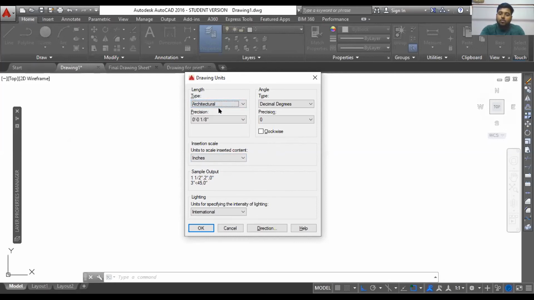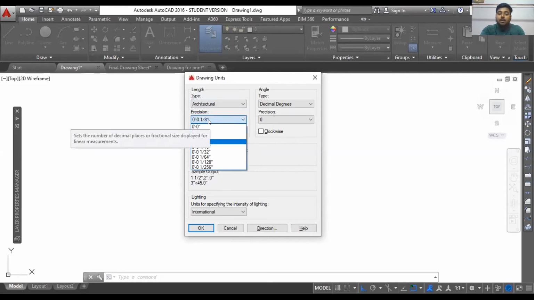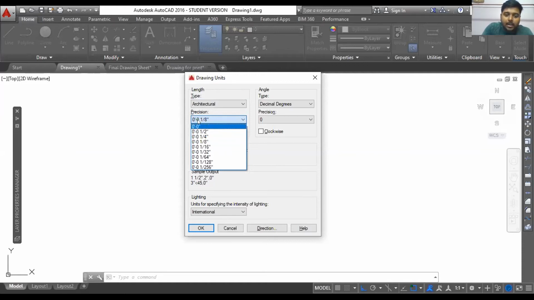Architectural style also follows the feet and inches format, but it is very helpful and easily readable for lower-level workers. Why? Because in this particular case you can see how the precision looks: 0 feet 1/8 inches. Okay, that means,